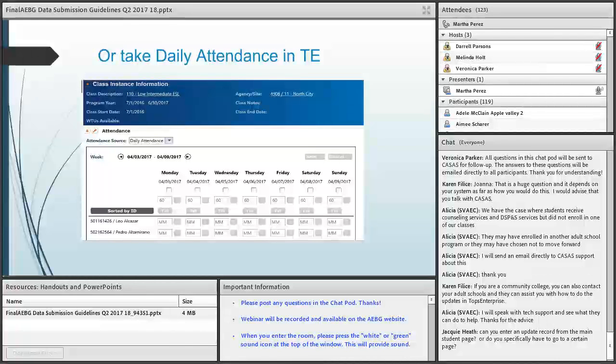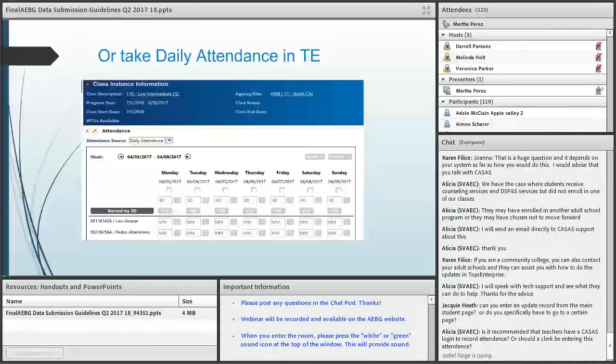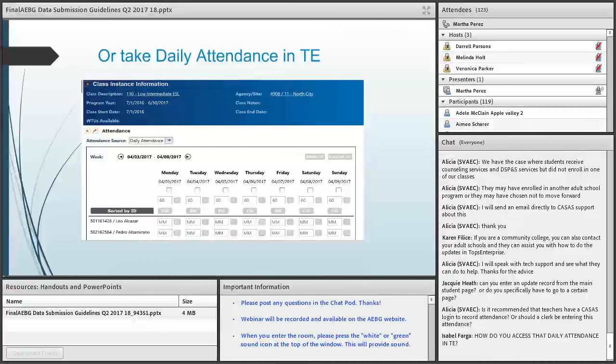All right, our next slide shows a daily attendance chart here. The screenshot is showing the daily attendance format for a specific class. We are looking at the North City class here at the Rolling Hills database. So you can just be very specific about the day that you want to enter the hours for, and these students must already be enrolled in that particular class. So you may select daily attendance and pick the week or the day that the students were attending that specific class.